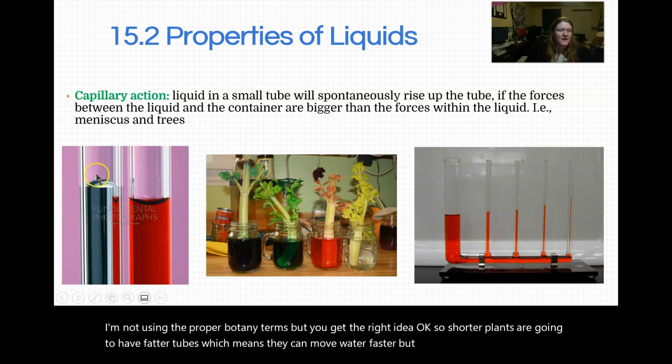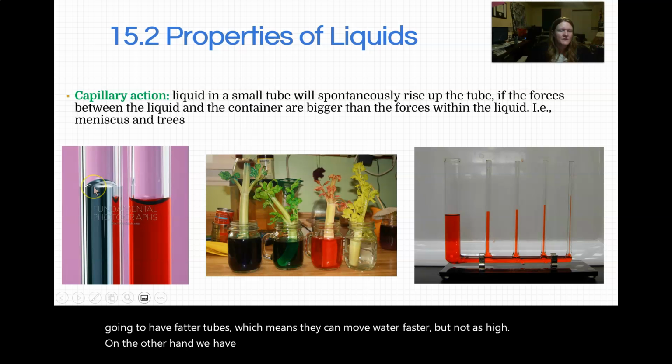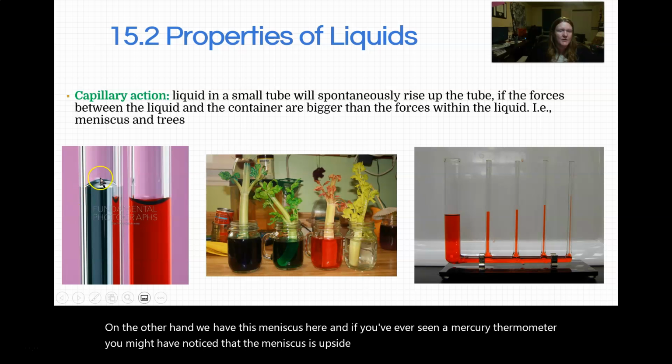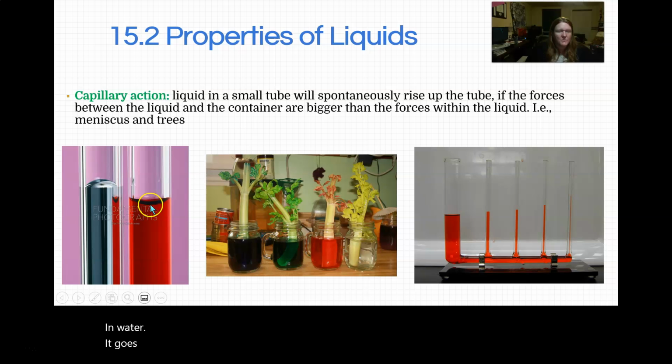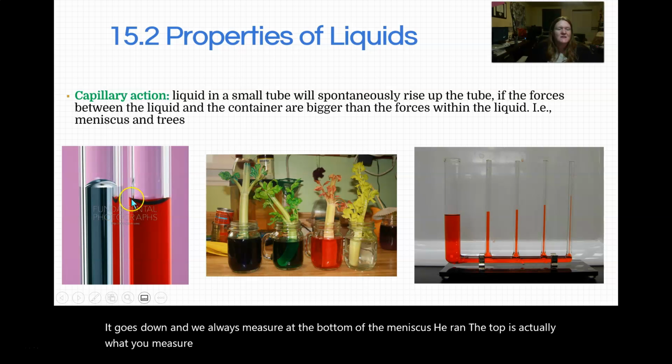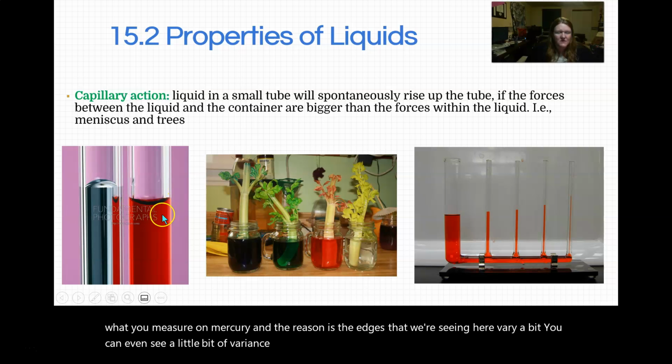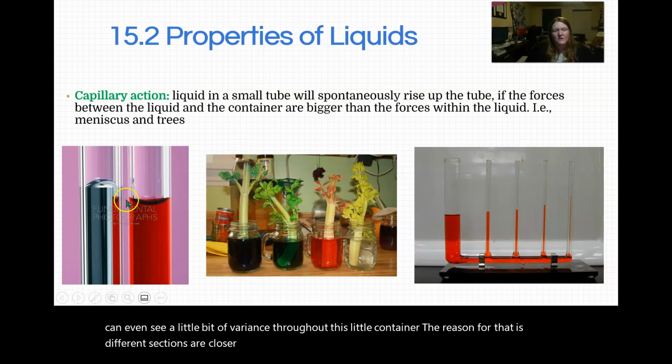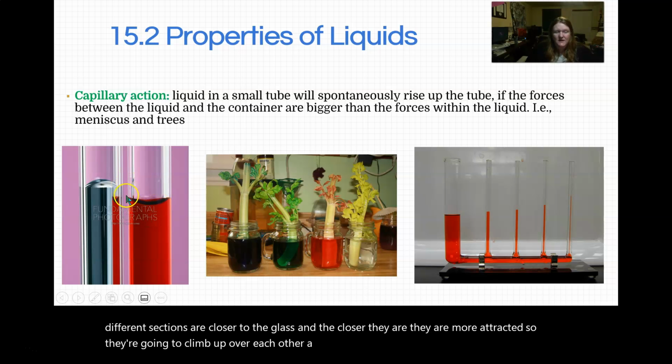as high. On the other hand, we have this meniscus here, and if you've ever seen a mercury thermometer, you might have noticed that the meniscus is upside down. It goes up. In water, it goes down. And we always measure at the bottom of the meniscus here, and the top is actually what you measure on mercury. And the reason is the edges that we're seeing here vary a bit. You can even see a little bit of variance throughout this little container. The reason for that is different sections are closer to the glass, and the closer they are, the more attracted. So they're going to climb up over each other a little bit, and that's how you get that meniscus that